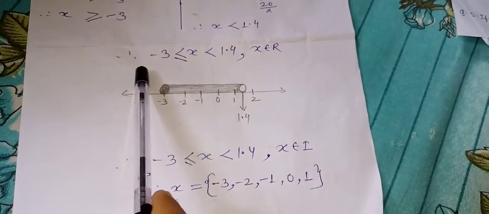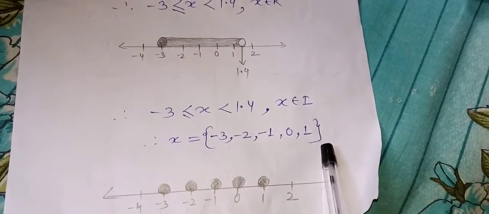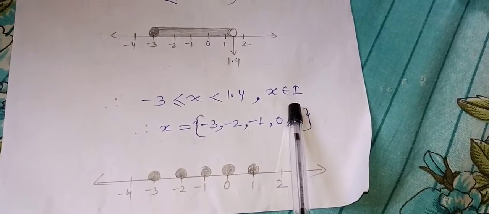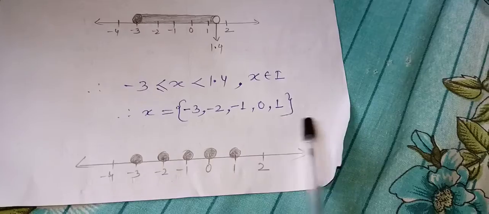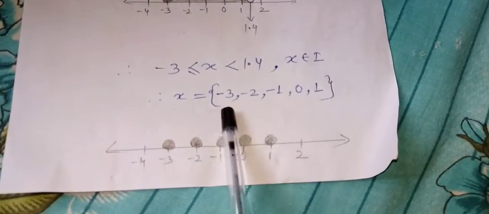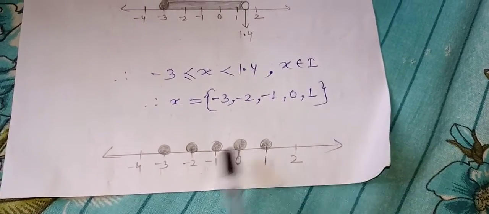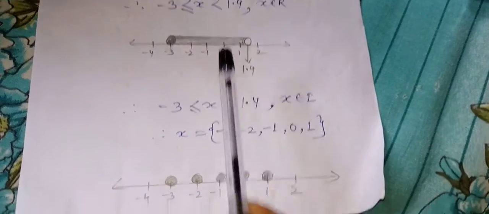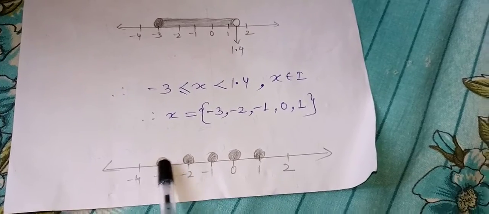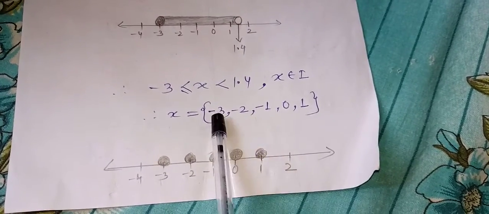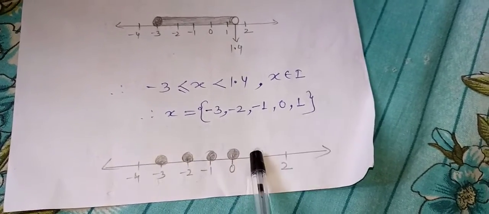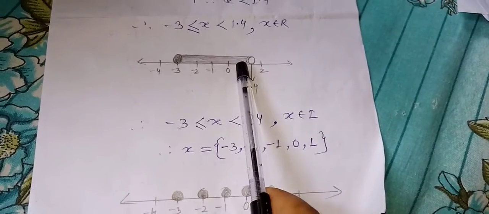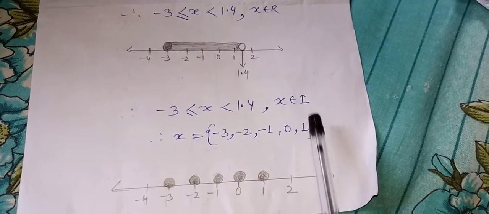You can see in R we don't use this kind of second bracket work, but here for I, W, N we have to use the second bracket form also, as the x values are these. But for R there is no need to do that. Now I will plot these on the number line, but you can see it is a different number line compared to R. For I we have to put a circle on every number. So minus 3, minus 2, minus 1, 0, 1. Put a circle on every number and make them dark. So this is the difference between the number line of R and I.